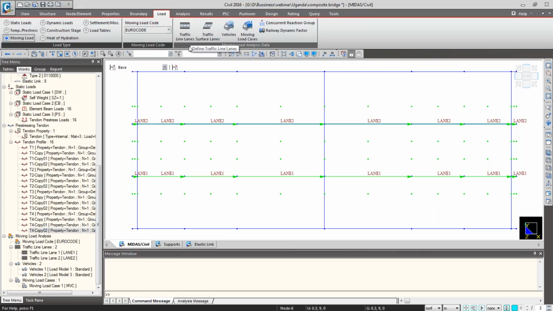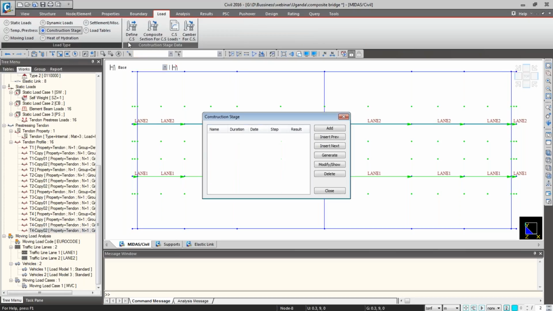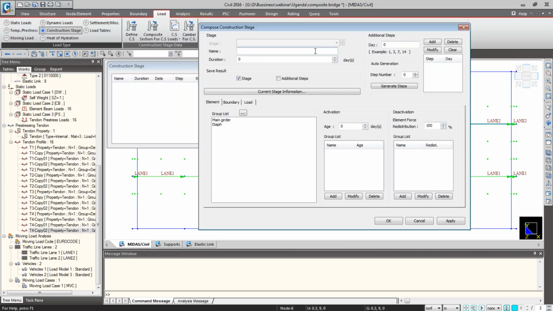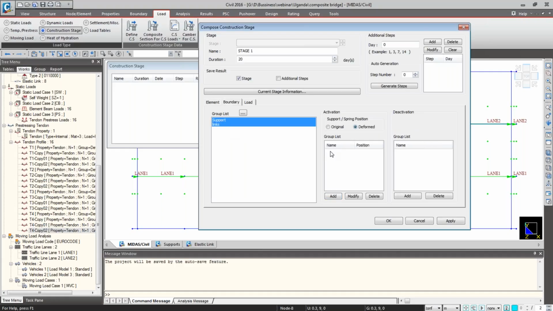And then we have to create the construction stage analysis. As I told you earlier, define construction stage, add, it's stage 1, duration is 20 days, main girder we are activating at the first stage, with the age of concrete 14 days, and then boundary conditions, support and links we are activating at the original activation position, and the self-weight load is activated, and the prestress we are activating at the first day because the concrete age is 14 days,